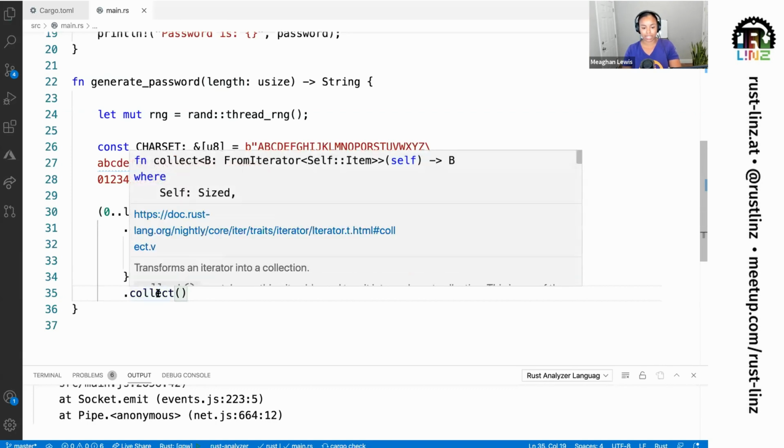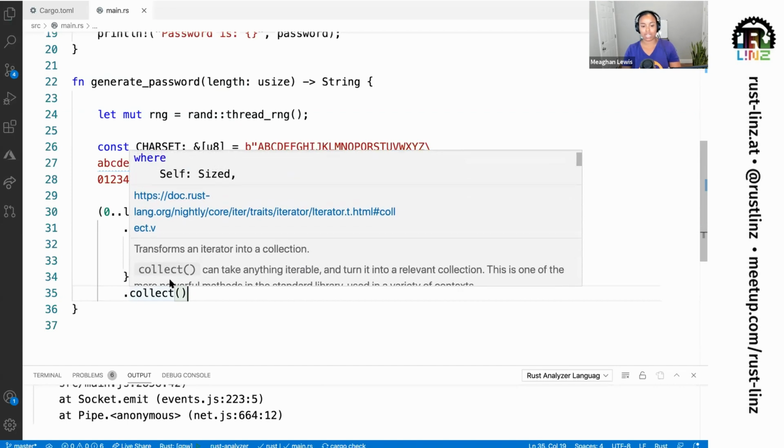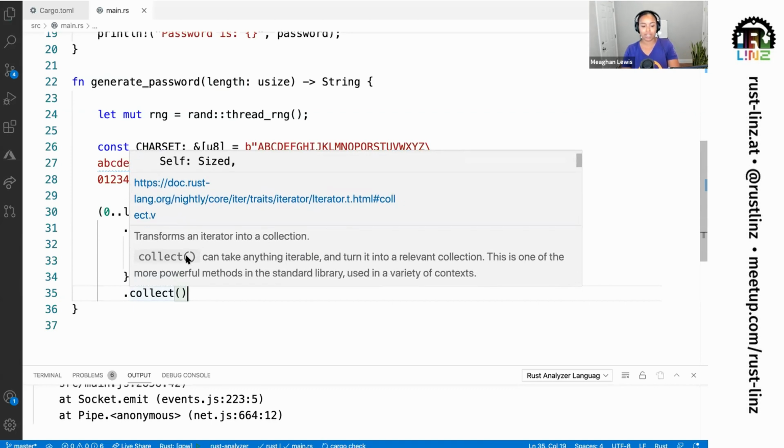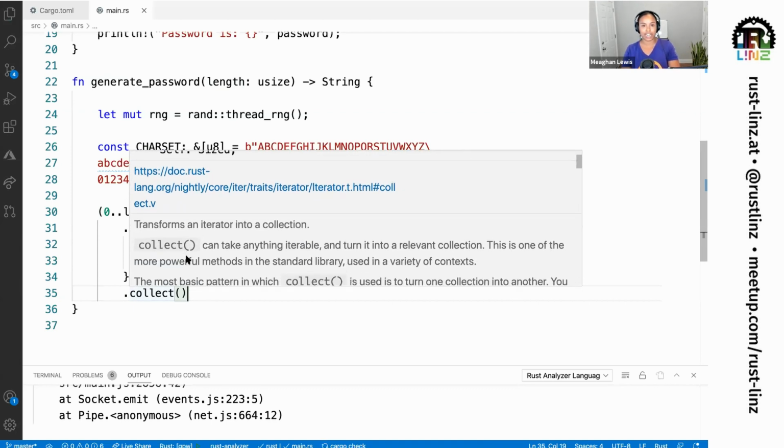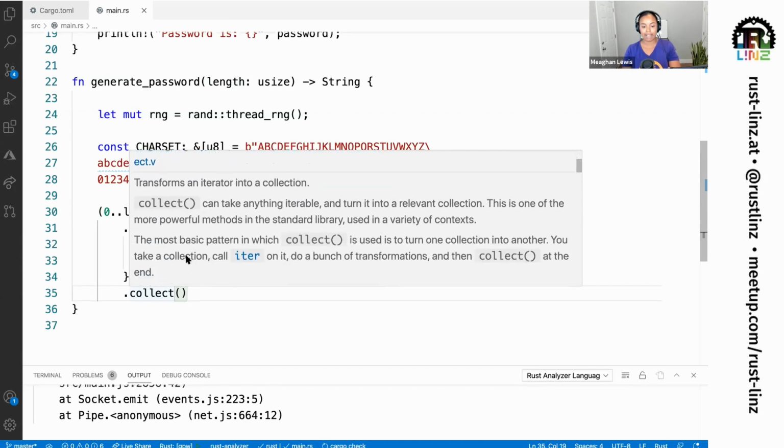And if I hover over this, and you can hover over pretty much anything, the Rust analyzer will tell me lots of information about what this is, how to use something, and provide me with some tips. So I see that this will transform an iterator into a collection. Collect is a common method that is used with an iterator, and this is just going to return me a collection.